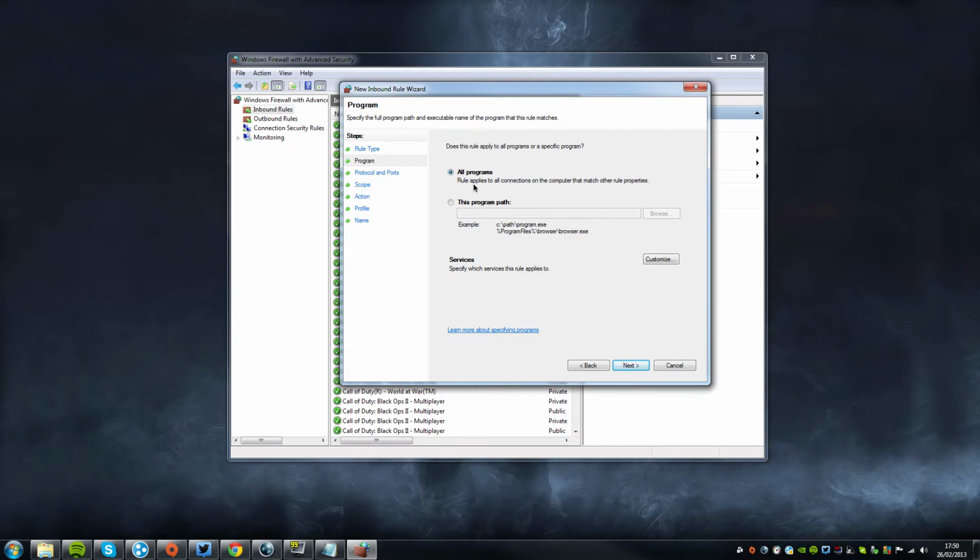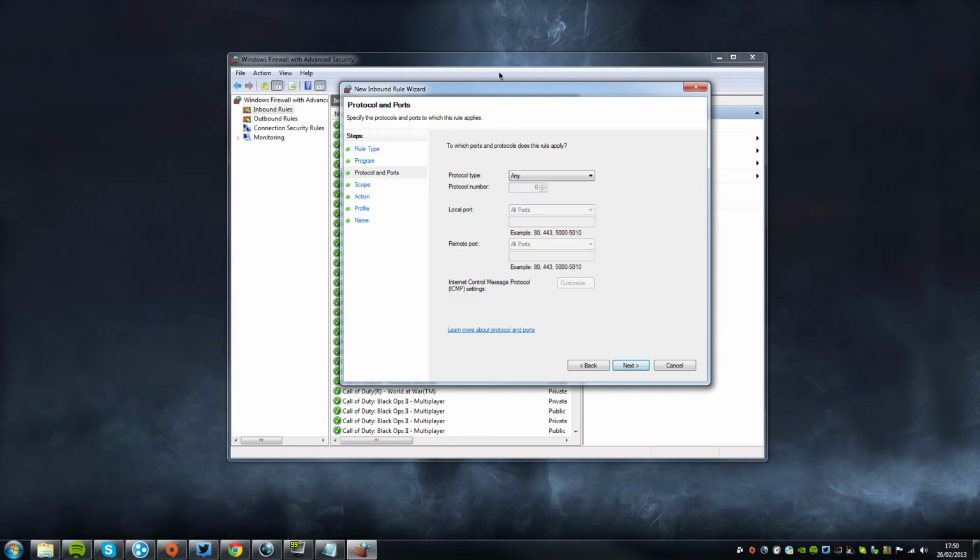So, you know, it's all browsers that are on the computer this will affect. This is what we want. We don't want to pick it individually. You can if you want, if you only use one browser, but there is honestly no need, as this works just fine. So we want it to also affect all ports. We've got any, it doesn't matter what port you're on locally, through your router, whatever. We want it to affect absolutely everything. So next,